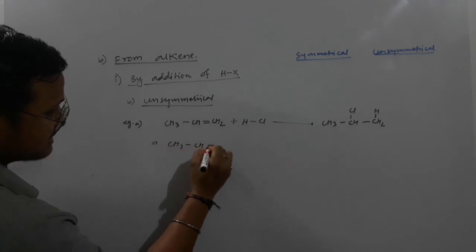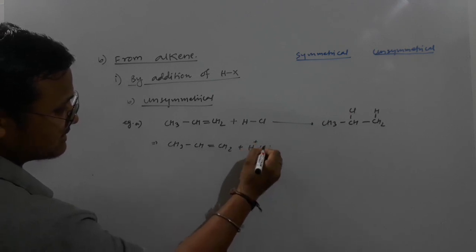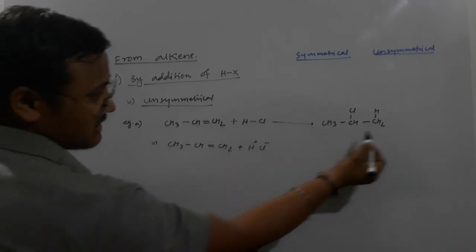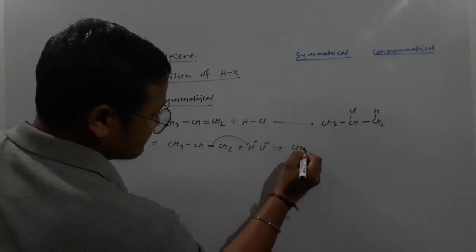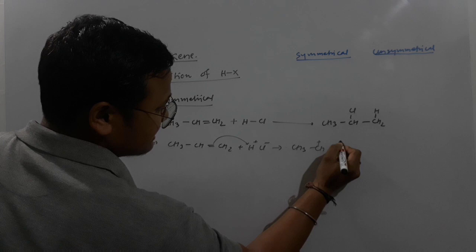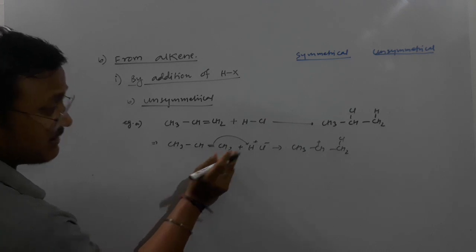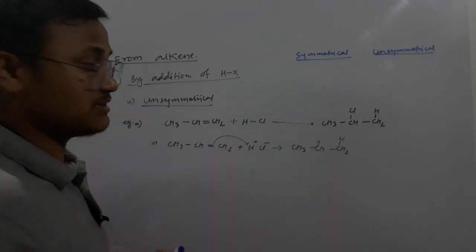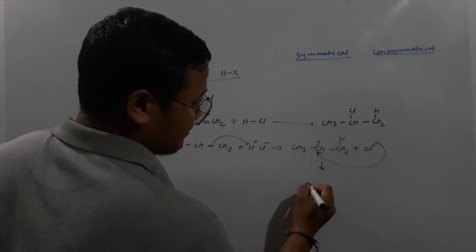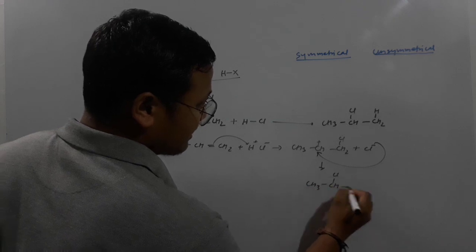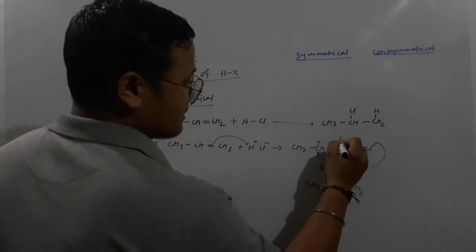CH3 CH double bond CH2 plus HCl. Positive, negative, you can simply write like this also. Now we are attaching the hydrogen to this carbon. That means this carbon is going and attacking here, so they are breaking the bond, right? So what happened now? CH3 CH will be positively charged, that is, I am getting a 2 degree carbocation. But if I attach hydrogen on this carbon, it will be positive and it will be a 1 degree carbocation, which is less stable than this carbocation. So that's why the product will be formed through the 2 degree carbocation, and it will be the stable product. Sorry, hydrogen here.